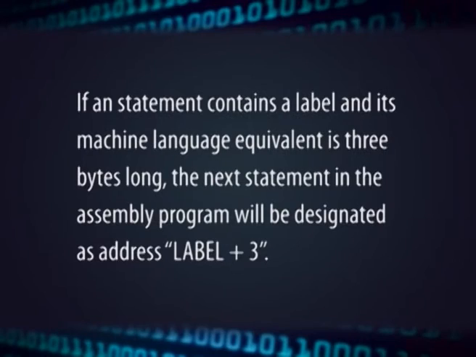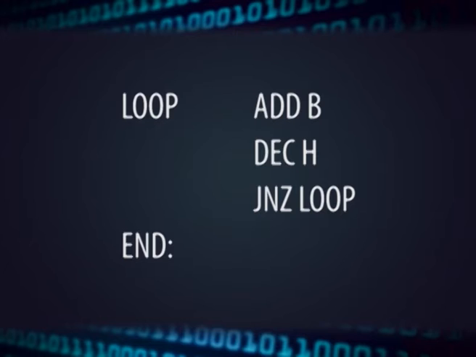For example, if a statement contains a label and its machine language equivalent is 3 bytes long, the next statement in the assembly program will be designated as being at address label plus 3. In the example of the assembly code, the instruction ADD B is 1 byte long. Therefore, the instruction DCR H, which is the next instruction, is at LOOP plus 1 address. The instruction DCR H, decrement H, is again 1 byte long. If more than one memory word is generated for a statement, the label would be associated with the first